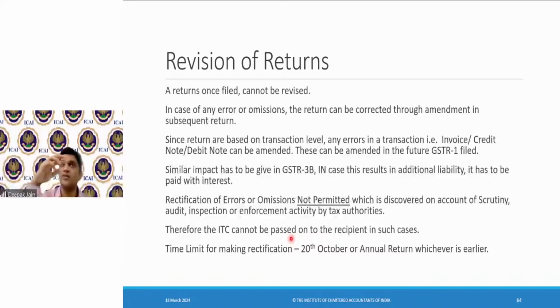अगर मैं नॉर्मल केसेस में GSTR1 1 लाख है, लेकिन उसको रेक्टिफाई करके 1,10,000 देता हूं, तो सामने वाले को क्रेडिट भी 1,10,000 पे मिल जाएगा. करेक्ट. लेकिन जब मैं रेक्टिफिकेशन करता हूं ऑफिसर के पकड़ने पे, तब मैं रिटर्न में रेक्टिफाई नहीं कर सकता हूं और सामने वाले को नया क्रेडिट भी नहीं मिलेगा. इसका मतलब क्या है, जो एक्स्ट्रा लायबिलिटी है वो मैं कस्टमर से नहीं कलेक्ट कर सकता हूँ, मेरे जेब से पे करना पड़ेगा. Time limit for making rectification, that is 20th October, not 20th October, it's actually 30th November,